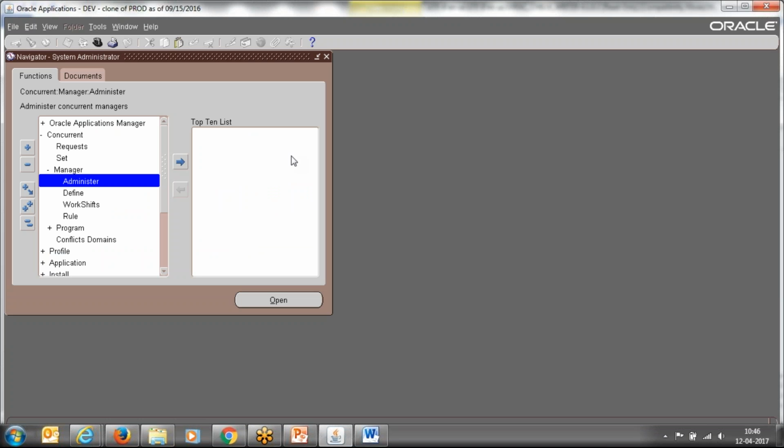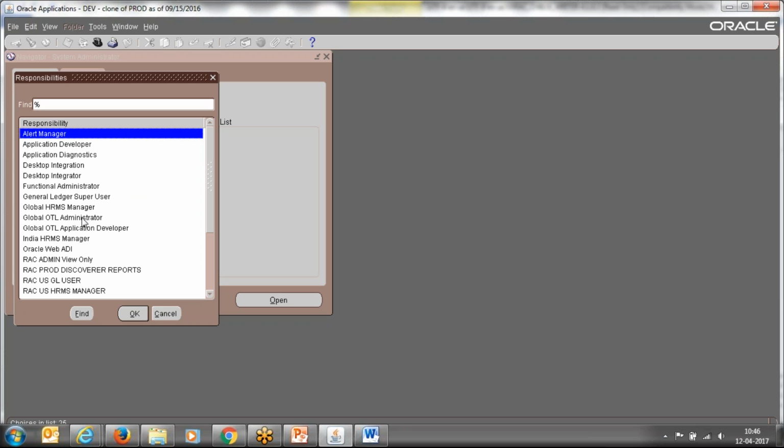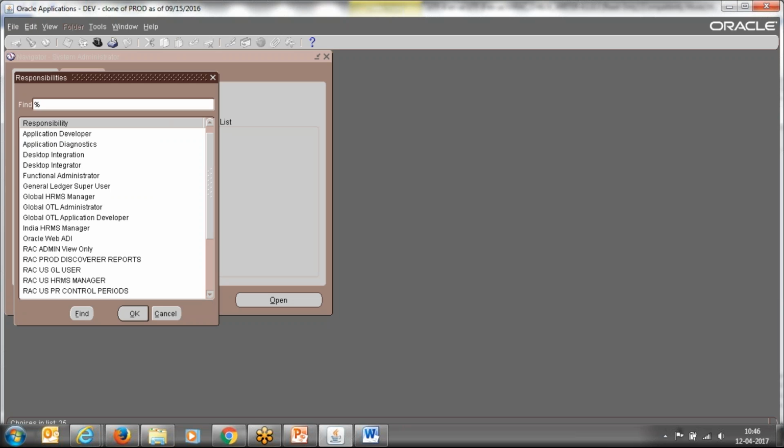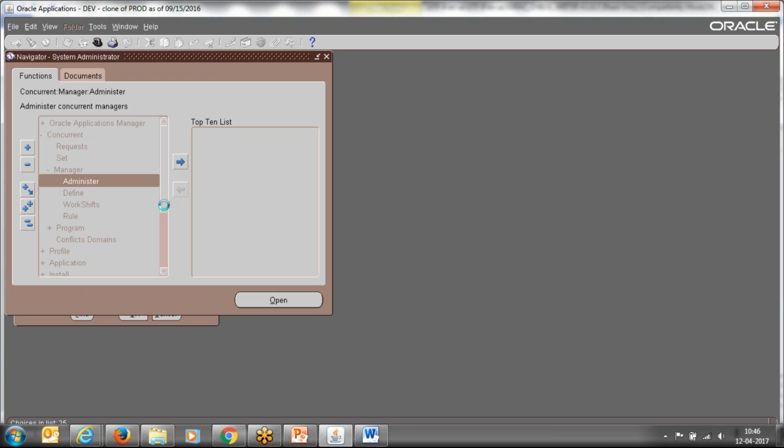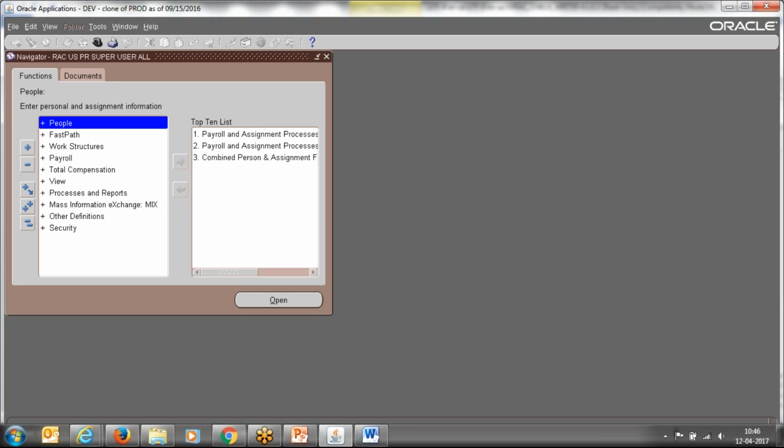So once we register a concurrent program, we go to the XML Publisher, go to the data definition, attach the concurrent program short name with the data definition, then go to the template and attach the data definition to the template. Once we are done with that, you attach the concurrent program to a request group, and then you can go to the user on the responsibility on which you attached that program. And if you go here,